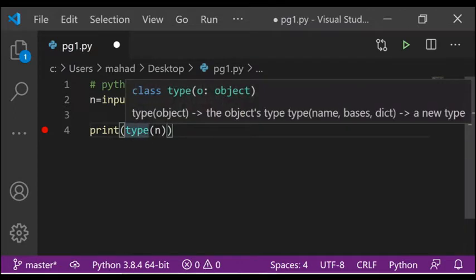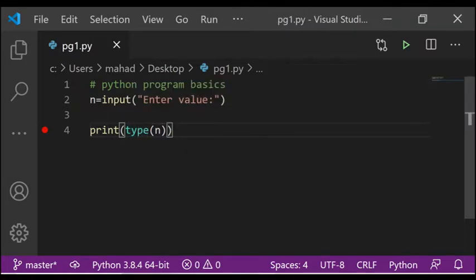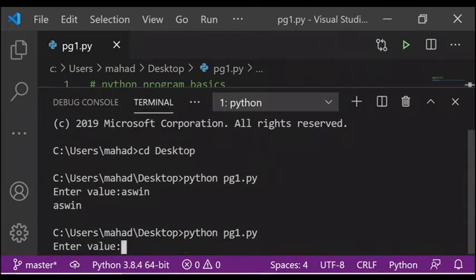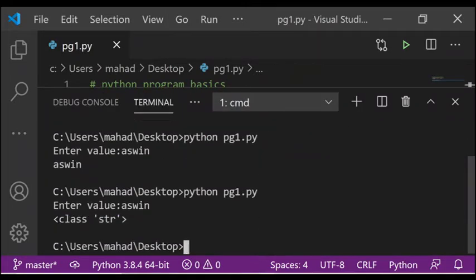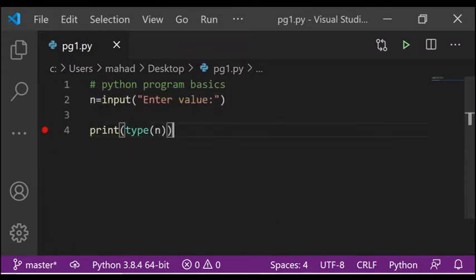I have saved it, and next I'll go to terminal and run it, and see, it shows it is type string. So the type function is used to show what type the variable or the given input is.